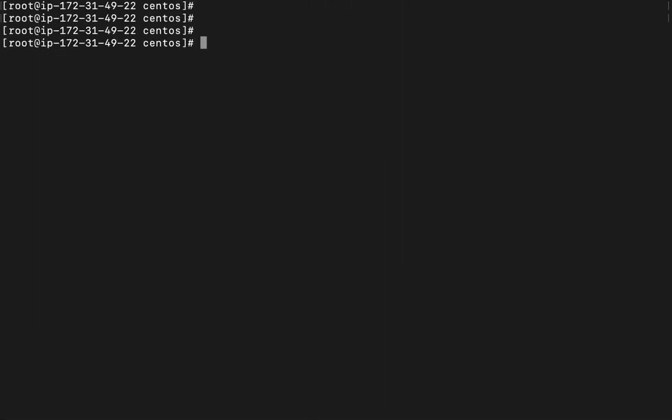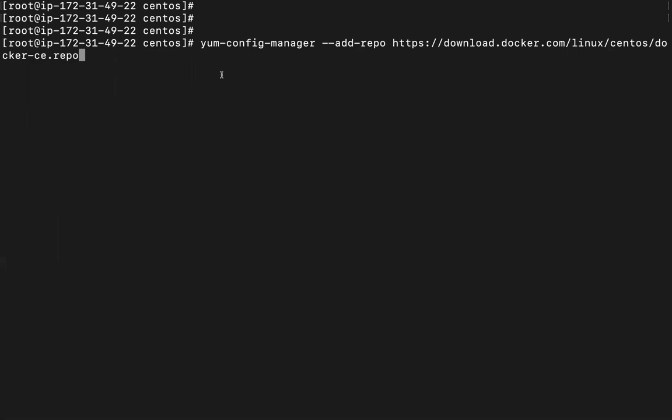the next step is to add the Docker CE repo. I may be wrong with the syntax, but you have to add the repo by using the yum config manager command, and then specify the endpoint URL for the Docker CE repo file.